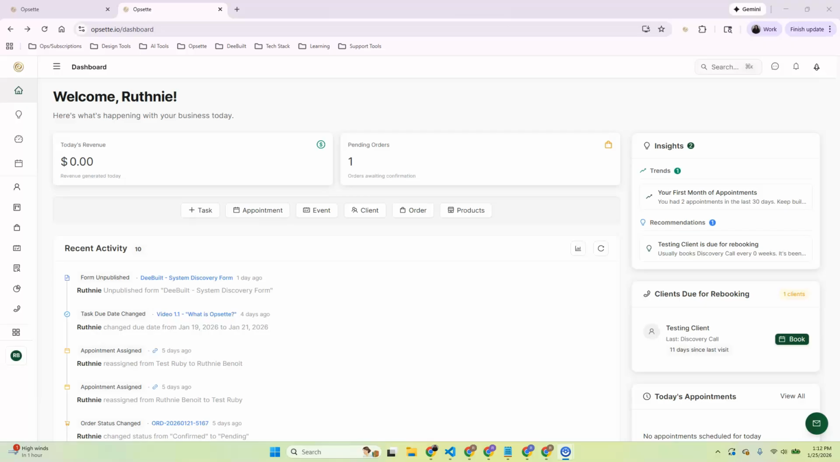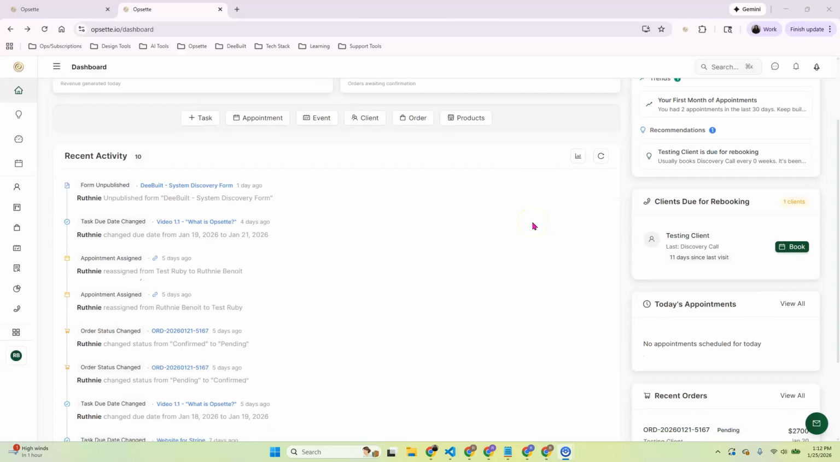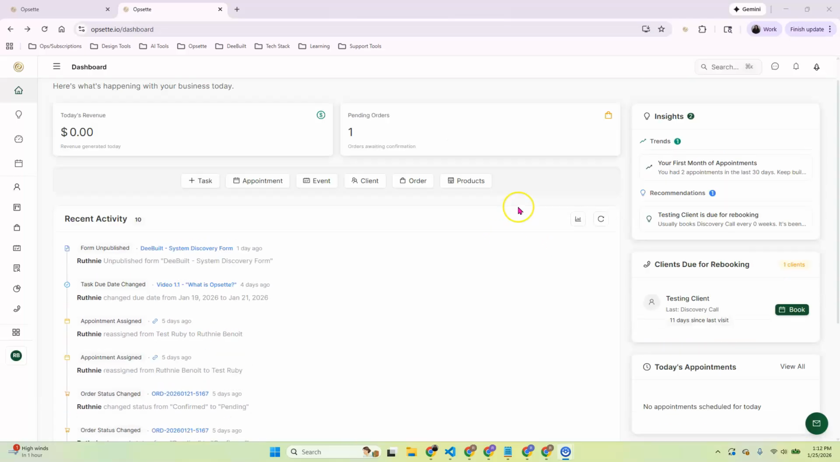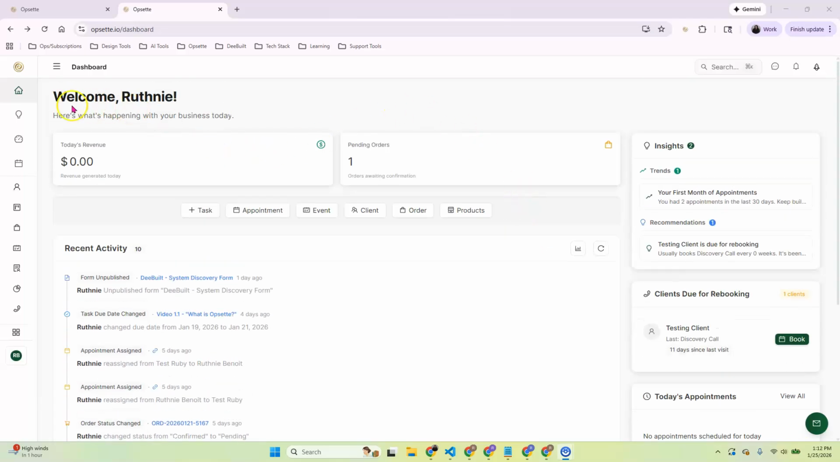So our dashboard, the first thing you see when you log into Opsette, is designed to give you basically the pulse of your business at a glance. Obviously here we have a nice welcome. It welcomes the user in context, and it says, here's what's happening with your business today. We have some conditionally